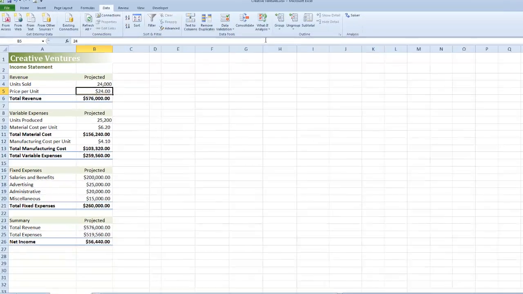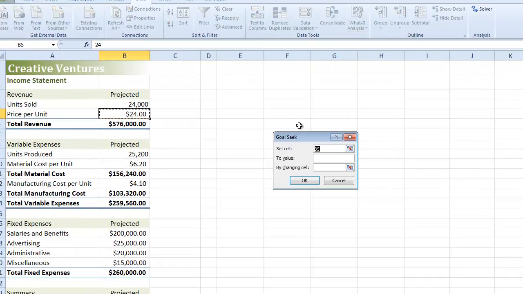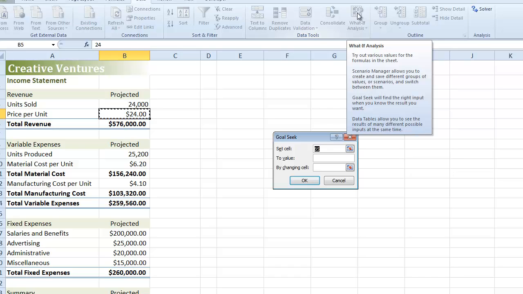So basically what I want to do here using GoalSeek is to find out at what point my income is going to cover my expenses. My income and my expenses are going to be equal. So I'm going to use the GoalSeek tool. And GoalSeek is on the Data tab, in the Data Tools group and in the What If Analysis button, I click on What If Analysis and choose